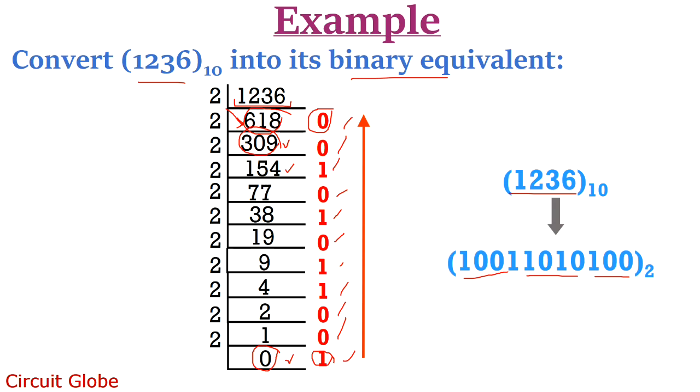So conversely, we can say that the topmost binary value will be the LSB while the bottommost will be the MSB. Hence in this way, the binary equivalent of the decimal number can be obtained. Now suppose we have a fractional decimal value which is needed to be converted into binary equivalent. So for this purpose, in place of continuous division by 2, we have to multiply the value continuously by 2.